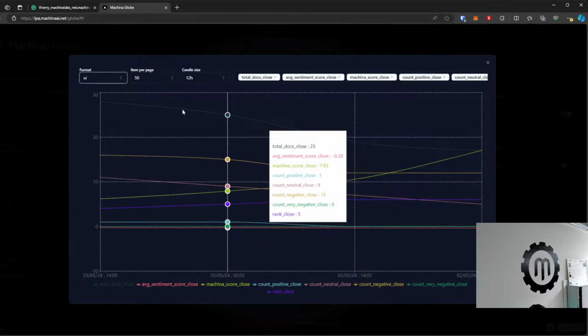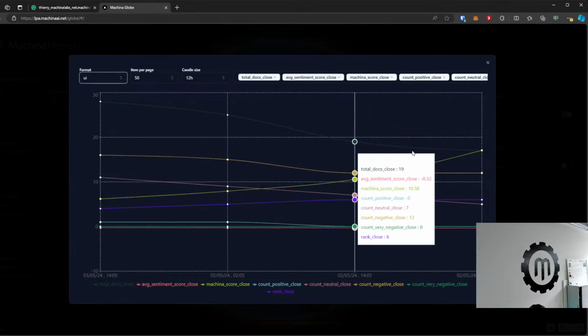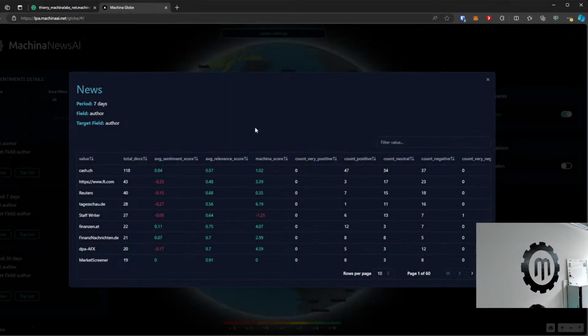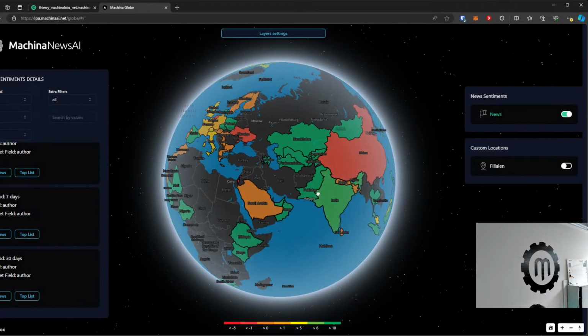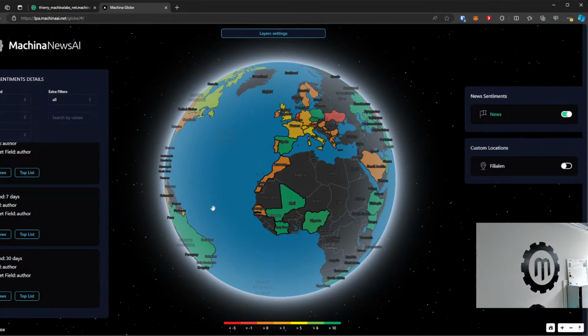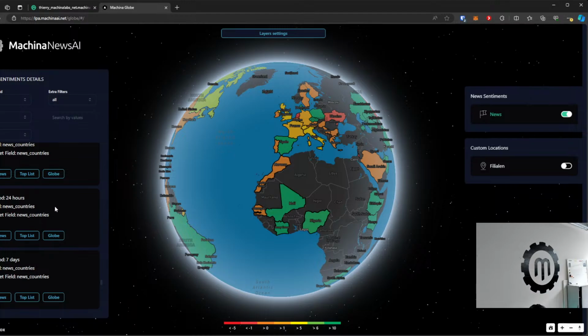Here we can get all the values from our sentiment and relevance analysis for each item that the AI detects in the news, to give us this beautiful oversight in a colored form for any type of query. So the standard system comes with roughly 120 default queries, but you